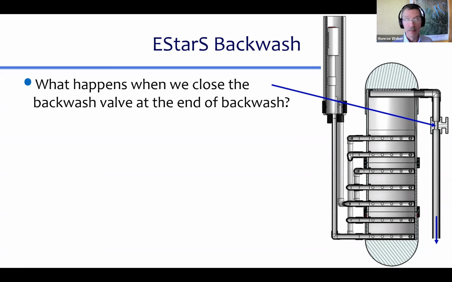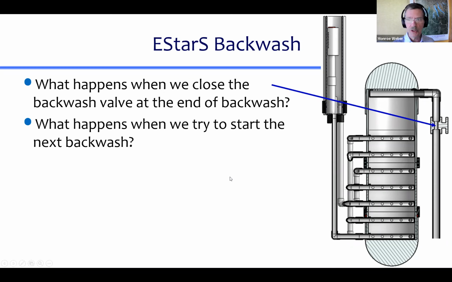Maybe it's just so obvious. That water runs out and the pipe fills with air up to the valve. So then what happens when we try to start the next backwash? The next time you want to start backwash, we open up this valve and now it's atmospheric pressure way up here at the valve, and the height of water in the inlet tank is right here,